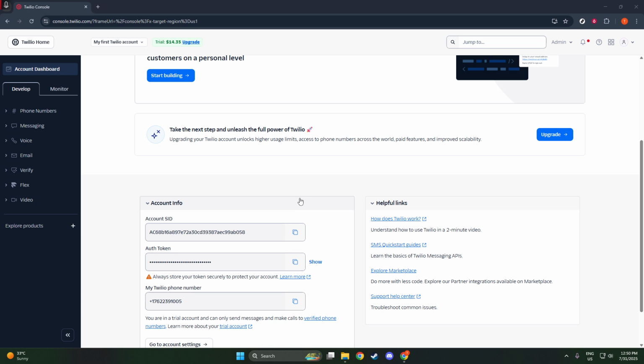Initially, you'll see that the Auth token is not immediately visible. This is a security measure by Twilio to ensure that sensitive information isn't exposed unjustly. To reveal your Auth token, look for a small eye